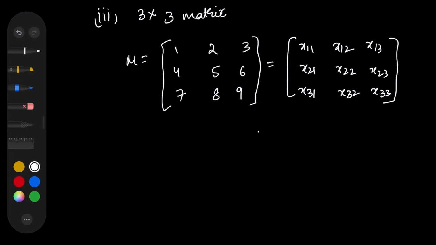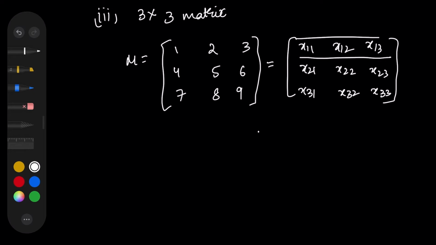So if you wanted to find the determinant of a 3 cross 3 matrix, what you'll have to first do is choose a row or a column from this matrix. You can choose any row, you can choose any column, it is up to your wish. And you'll have to find the cofactor of that matrix.